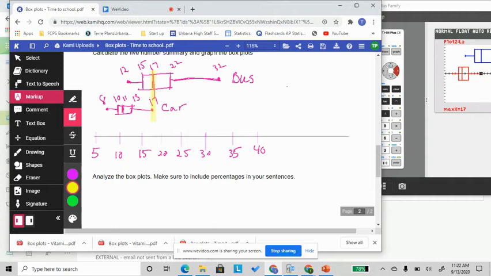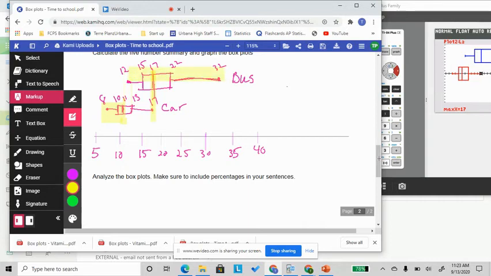Or you could say it the other way, 100% of the car riders took less time than the bus, or 50% took more than 100% of the car. Okay, so that's one thing that we want to say. Another thing that we want to look at maybe is this line right here. Okay, so if you see this, 50% of the car riders took 11 minutes or less, where 100%